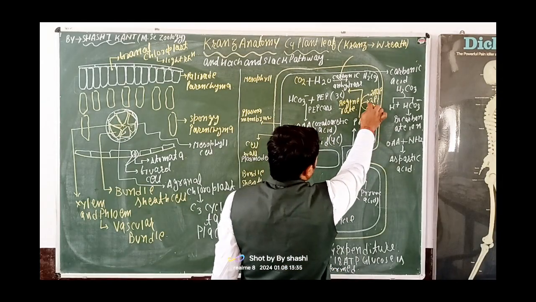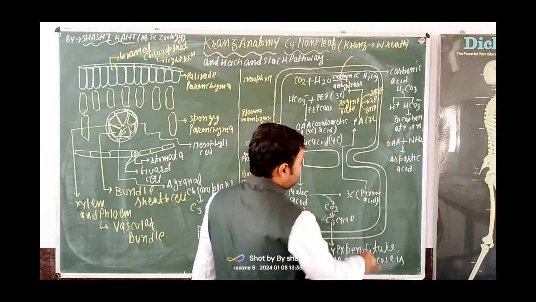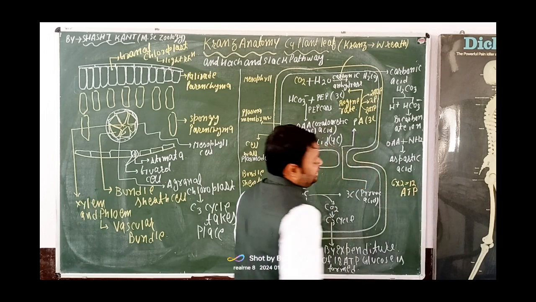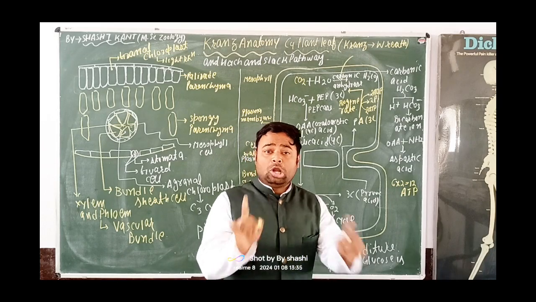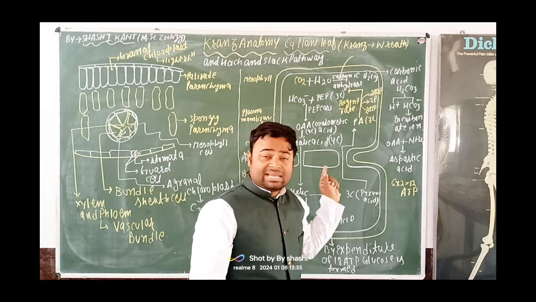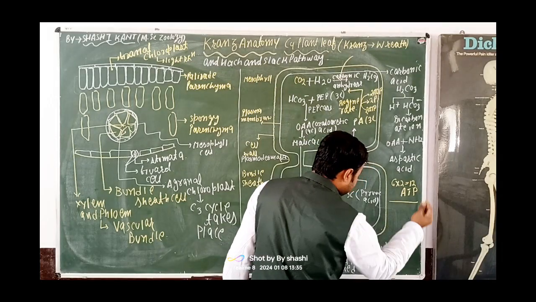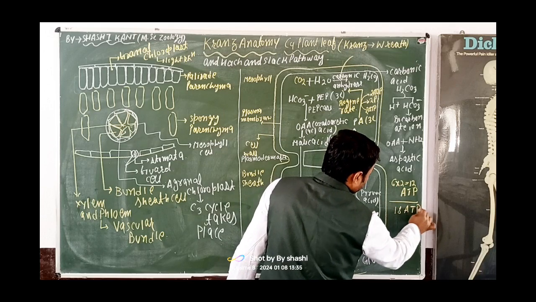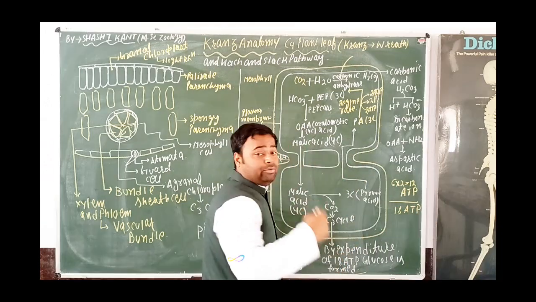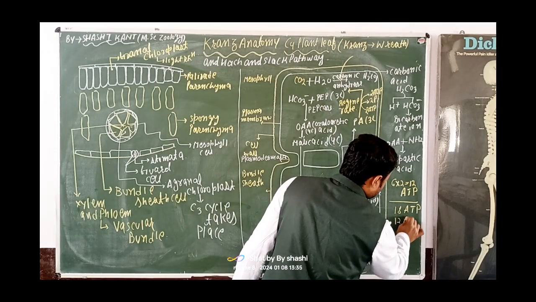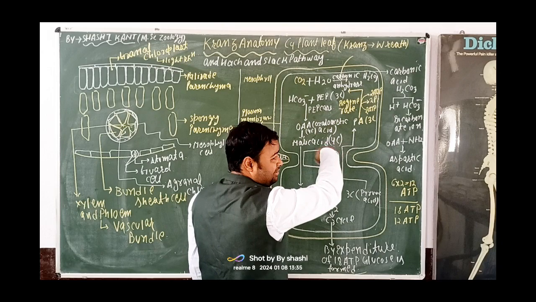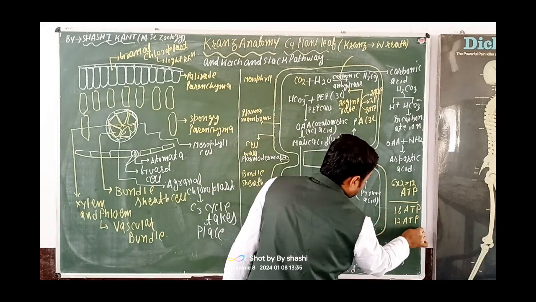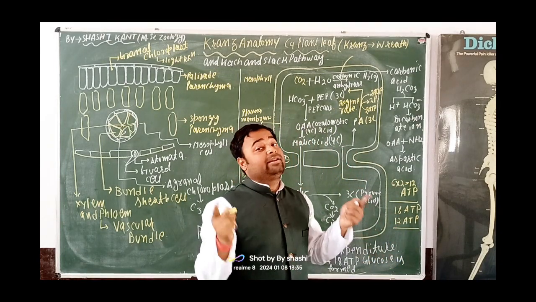So how many ATPs are lost in one cycle? 2 ATPs are lost. So total 6 into 2 equals 12 extra ATP. 12 extra ATP get lost through this C4 cycle. So how many ATPs are consumed in total? 18 ATP during this Calvin cycle, C3 cycle, for formation of one glucose molecule, and 12 ATP means 6 times this cycle will run, and for one time 2 ATPs are required. Then 6 into 2 is equal to 12 ATP. 12 extra ATP are required.